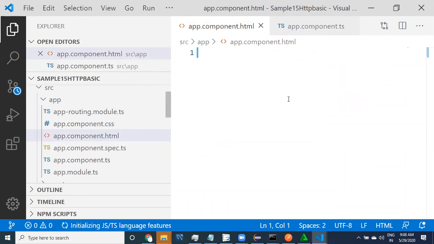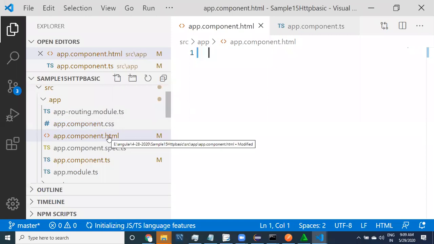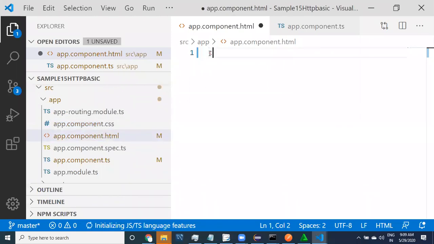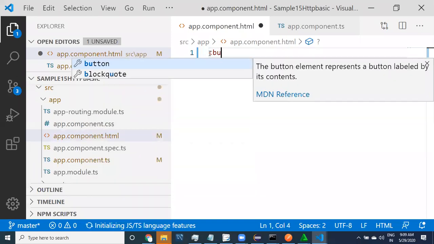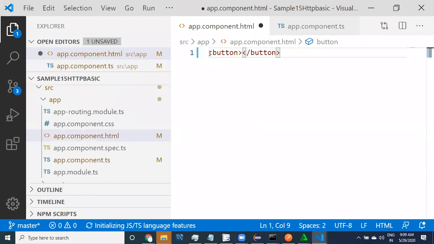The next step is that I would like to work with the HTTP module. Before going to that, in the app HTML, we want to take a simple button, no other buttons or other things.